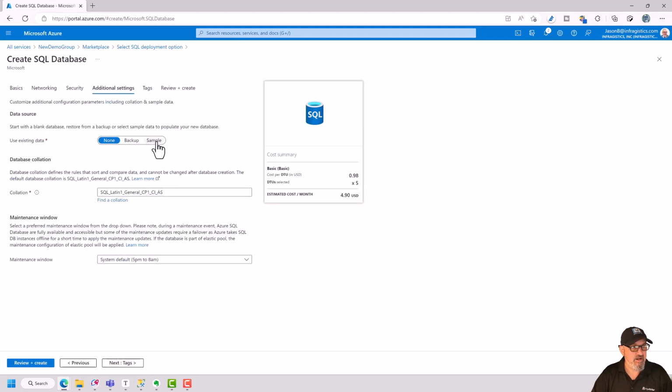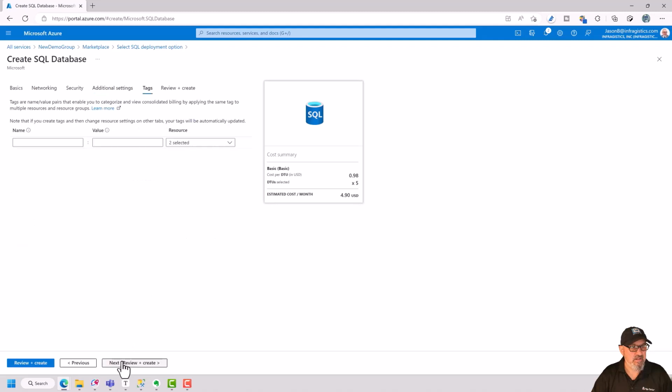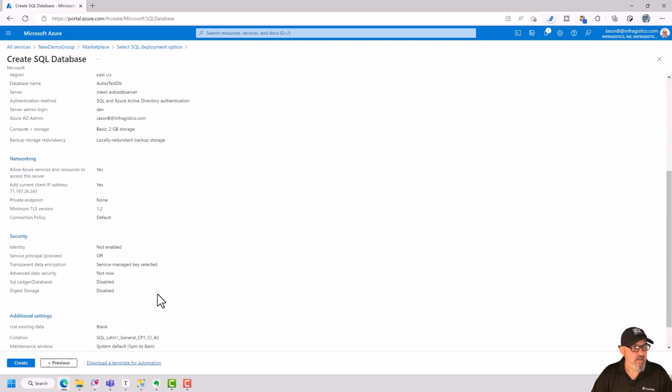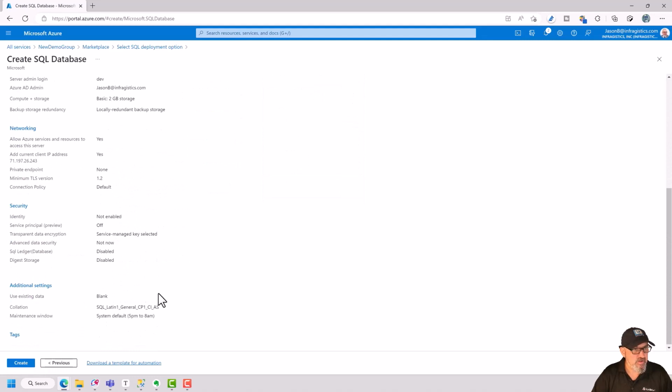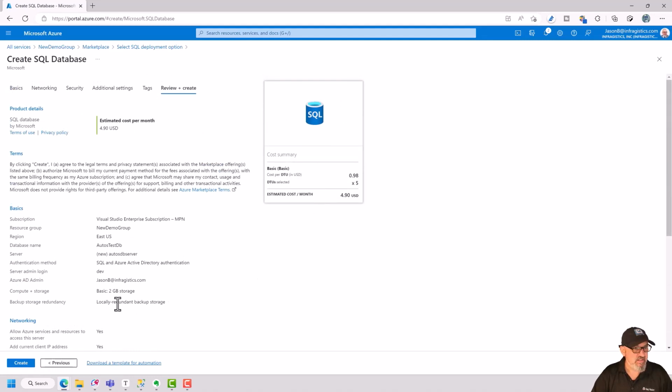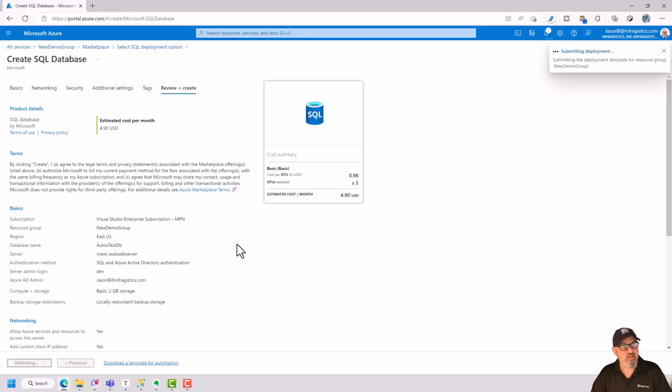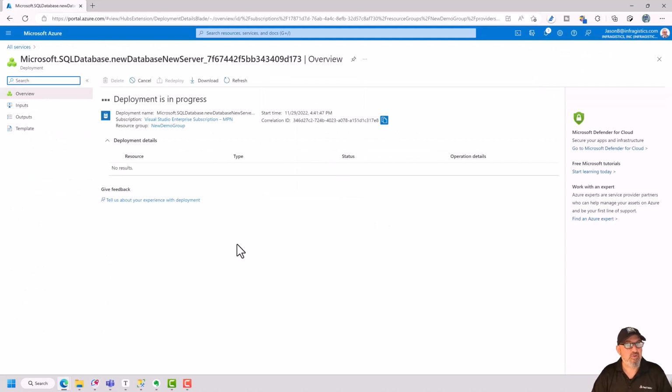I have data already, so we're not going to use the sample data. Tags, nothing. Review and create. And everything looks like it should. $4.90 is good. And let's go ahead and click create. So this usually takes a minute. But what it's doing is it's actually going to create that database in the resource group that I created. So we'll wait for that to complete, and then we'll go back to SQL Server Management Studio, and we will